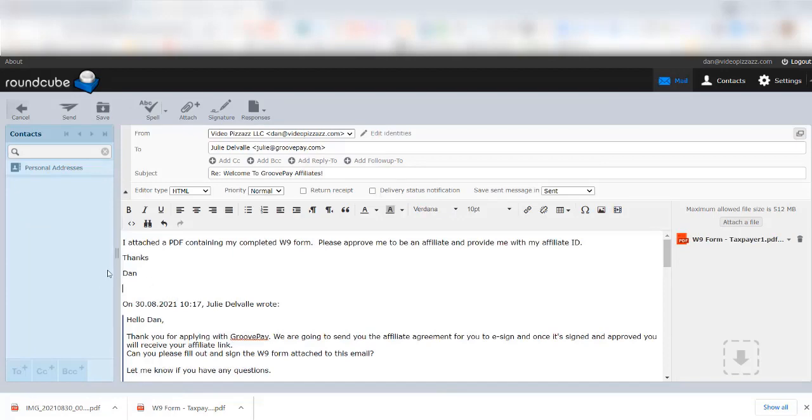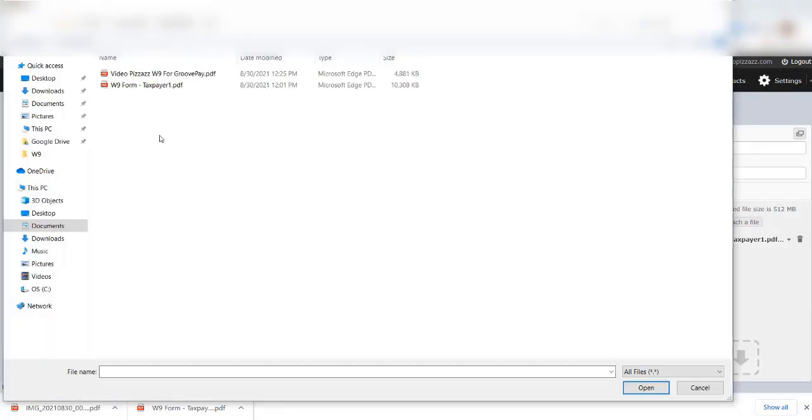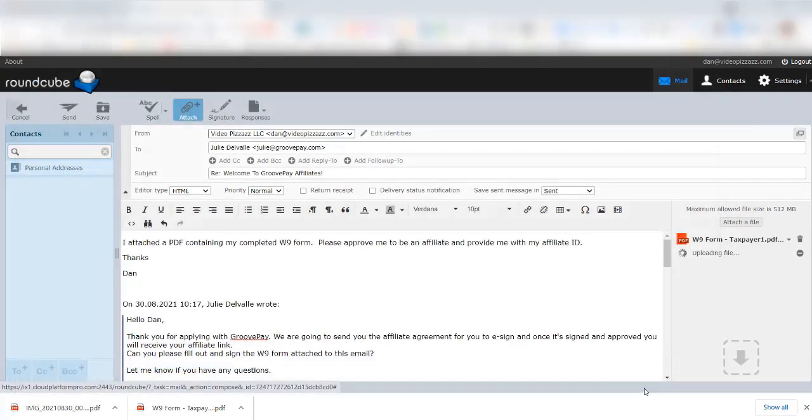So I just said here, I attached a PDF containing my completed W9 form. Please approve me to be an affiliate and provide me with my affiliate ID. Thanks. All right, so I'm going to click here to attach, and then I'm going to go into my GroovePay W9 folder. I'm going to select that PDF that I just created, click on Open,